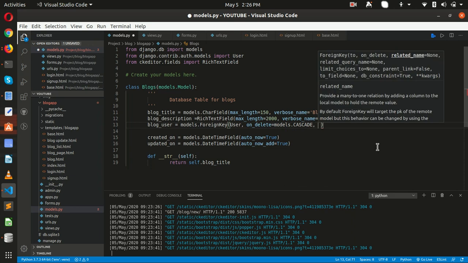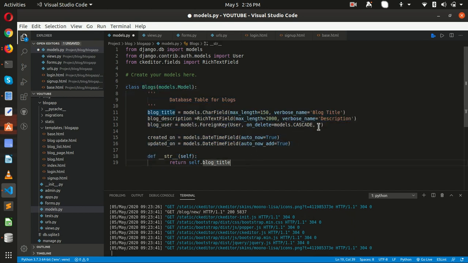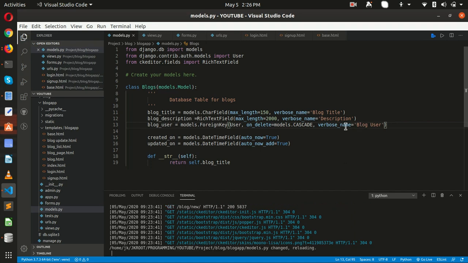So if anyone is going to delete the user from the database, then each record according to that user, or either we are going to perform the functionality for the blogs, that blog should be deleted as well. Okay, so let me just name it now, verbose name, and the name will be blog user. Okay, here we go.